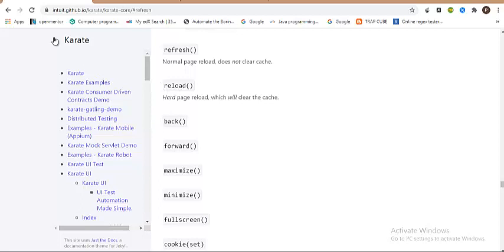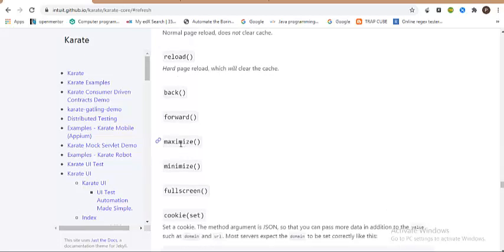And back is something you can see, we have a left arrow and right arrow. So back is when you want to go back to your previous page where you were, it takes you there. And forward is something where you would have visited some other page, and then when you wanted to come back to your previous page, and if you want to go to the page that you have just recently visited, you can go there.